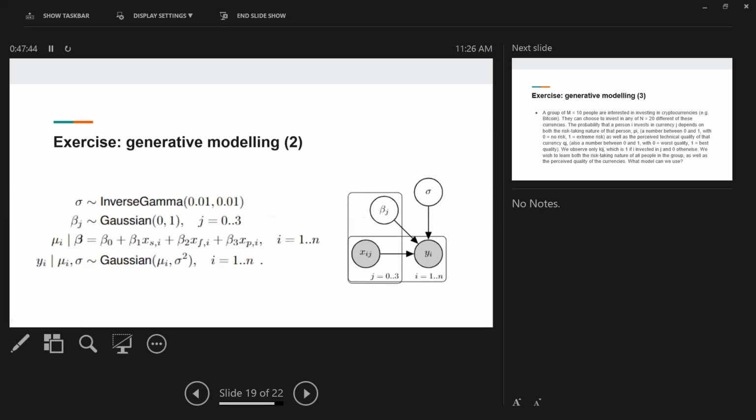So this is a generative model and a graphical model. I will first explain the generative model. We start from the bottom down because that's easiest to understand. You sample a y from a Gaussian with a mean and a sigma. The sigma is,